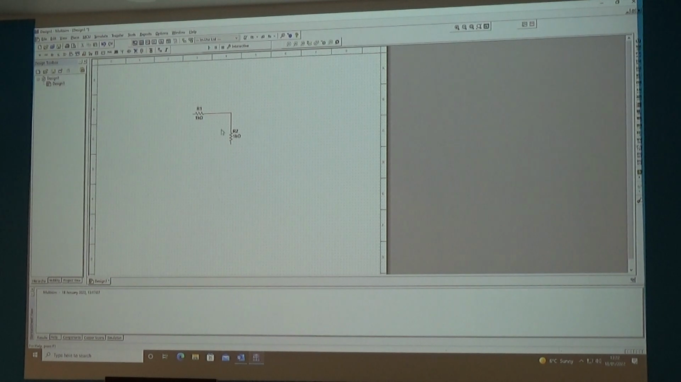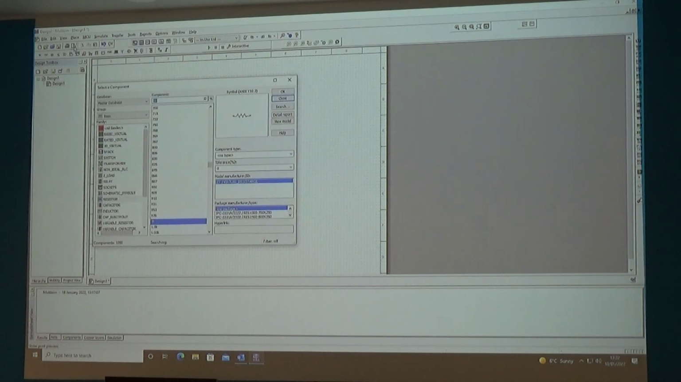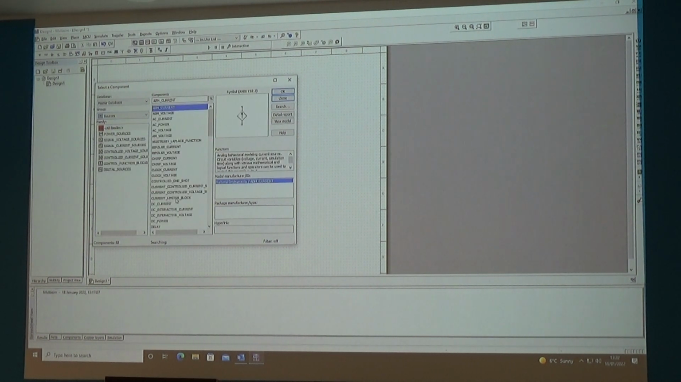Okay, so the next thing I want to do is put in a power source. I need a V in, right? So this time I'm going to go to Place, Component, and up to where it says Basic, and you'll see I've got all of these options down here, and one of them is Sources. That doesn't mean tomato ketchup or brown sauce or whatever, but go to Sources, click on Sources, and you'll see